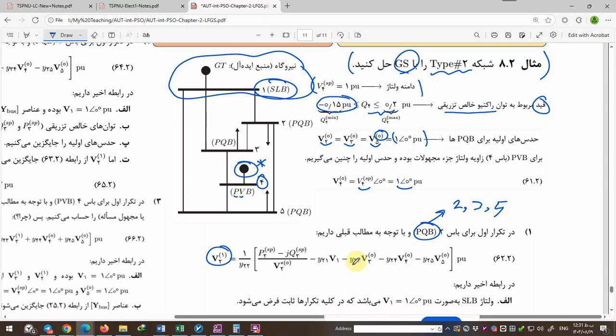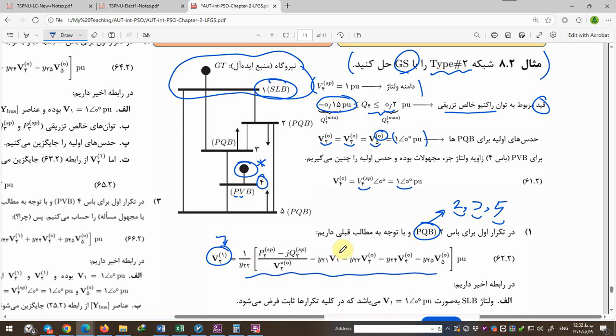Okay. In the PQ buses, bus number 2, 3 and 5, we can find voltage in the iterations with the last formula we introduced, and you can calculate like this: V2 in the first iteration